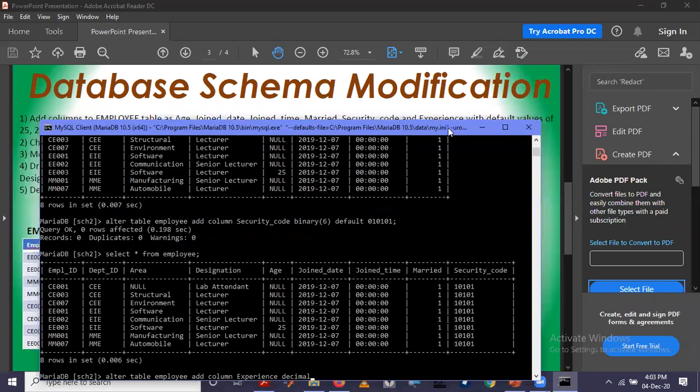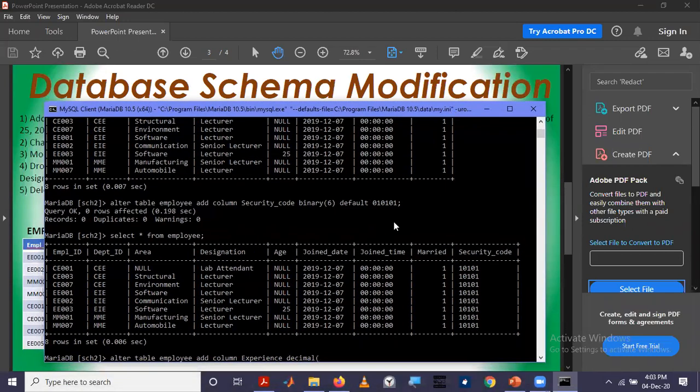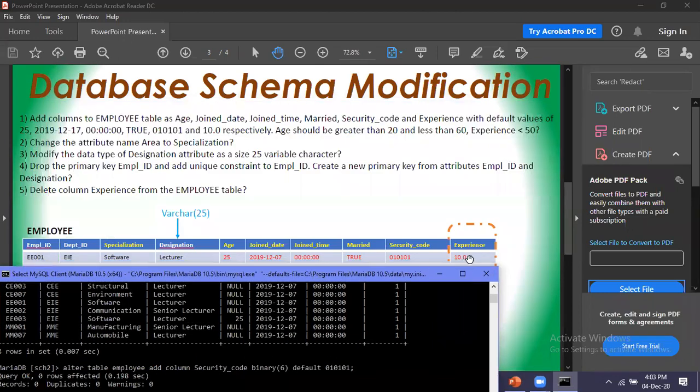So first you specify the total number of digits, that is 3, and then the number of decimal places. This is the notation of the data type for a floating point number in SQL. Here total is 3 and number of decimal digits is 1.